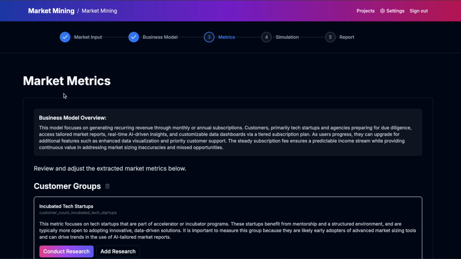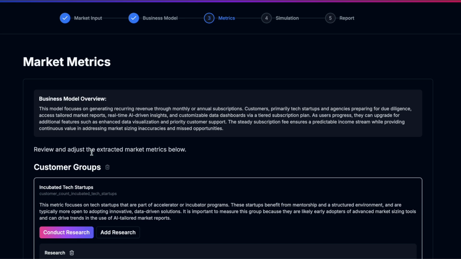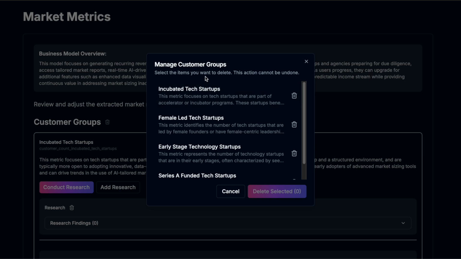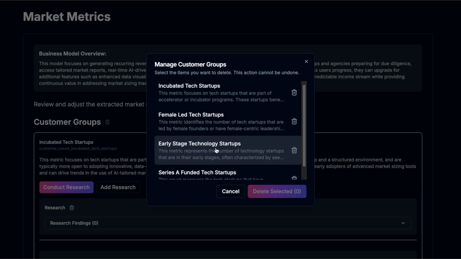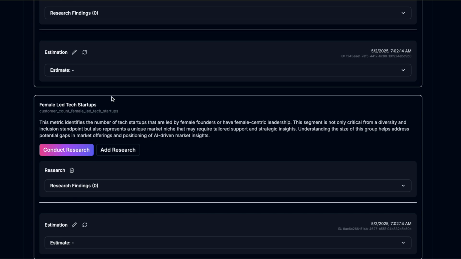So the next thing that it's going to do is take the specific business model and those customers and extract what are the numbers that we need to know in order to evaluate that. So this is a bottoms-up market sizing report. So for the customer groups, it's how many incubated tech startups are there, how many female-led startups, early stage technology startups, Series A funded, sure, all of that. And then for the business models,